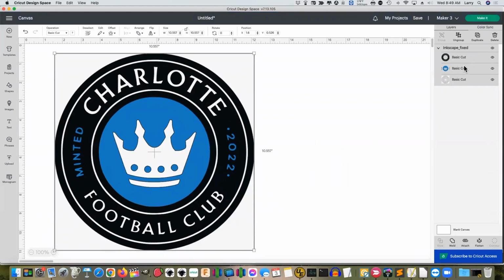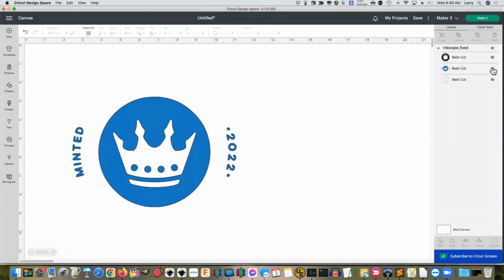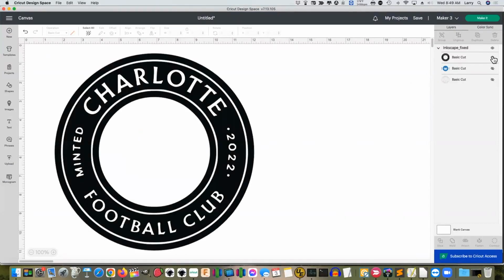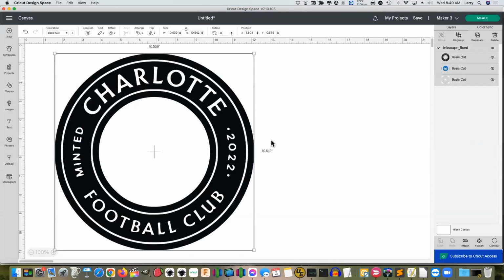But we know before that we had a problem with the blue. So I'm going to turn everything off and turn the blue back on. And now you see we have a clean blue layer. And if we turn that off, we turn the black on, we have something we don't really need. We can actually look at the size. This is